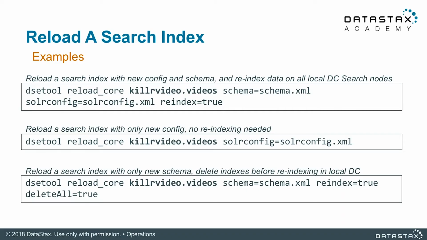The first example here shows the killervideo.videos index being reloaded using a new schema and Solr config. The data for the table will be re-indexed, but will continue to use the old indexes while it is doing so. The second example reloads the search index using only a new config file. No re-indexing is needed. Finally, the last example shows a situation where a new schema is provided and will be used following the reload. The search index will also drop the previous indexes and re-index data again using the new